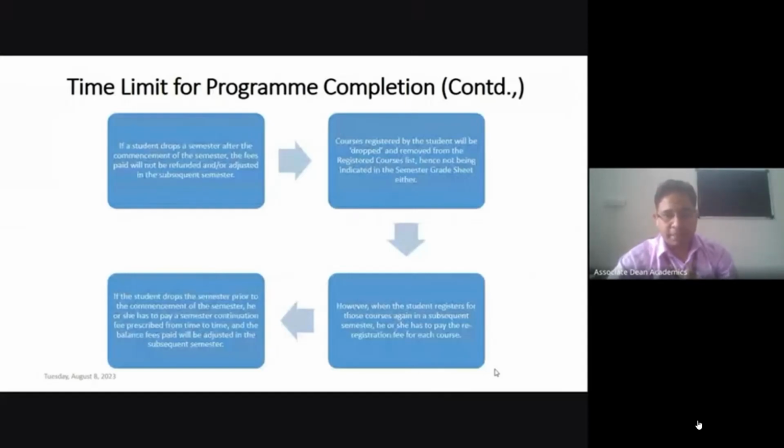Whether your degree is completed in 5 years or in 7 or 8 years, we will not ask you to pay academic fees for 7 or 8 years. Academic fees will be required only for your degree period.